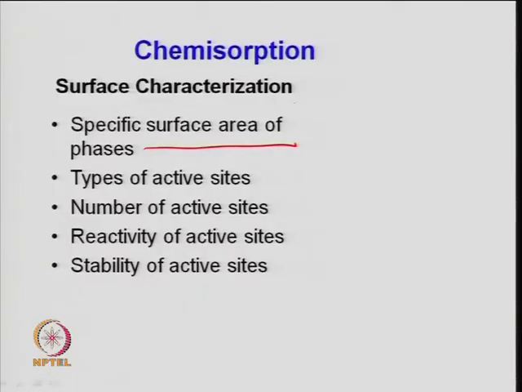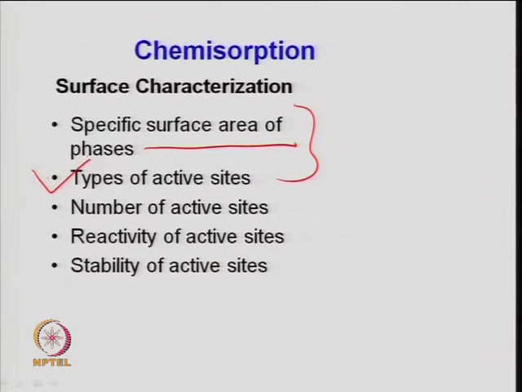So, we can use the same reactive gas which is being used in the reactor for further investigation as a chemisorption study also, right. Turnover frequency and turnover number which you determine are based on this study. So, this gives you the specific surface area of the active phase, because it is a chemical adsorption. So, it is the specific surface area of that crystal which is active for the reaction, not the physical adsorption. The physically adsorbed surface area may be very high, 200 to 20 meters square per gram, but this area may be just 10 meters square per gram or 5 meters square per gram, right.